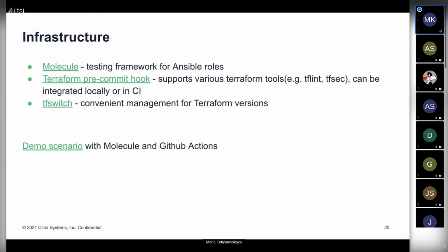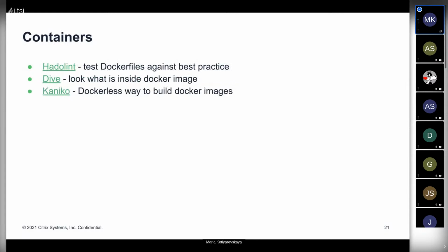Regarding containers, there are a lot of different tools, but I love to use Hadolint because it allows me to check my Dockerfiles in the code editor and in CI, and I can just scale this tool for every repository with a Dockerfile, and it will work just fine.